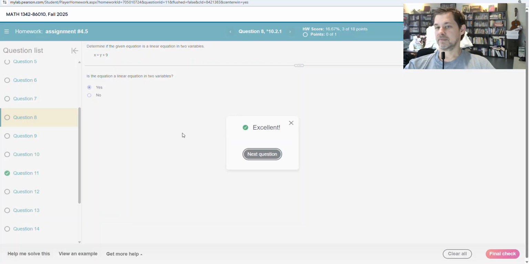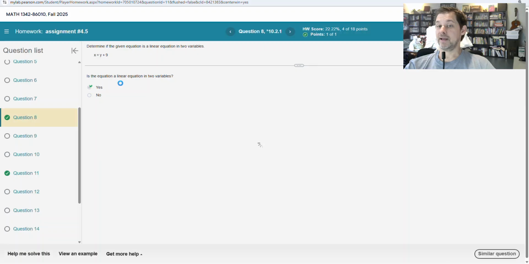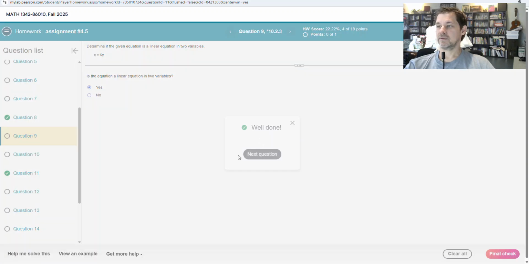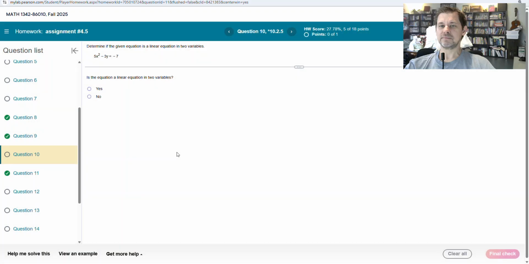By that they mean, is it going to be a line? This one, same thing. I just have x and y. It doesn't say x squared. It doesn't say y squared or anything like that. It's just x and 6 times y. So anything like that's going to be a line. Okay, but what about this one? I see it just has y. It says 3y, but this time it says x squared. If the x has an exponent of 2, if it says x squared, if the y has an exponent of 2,